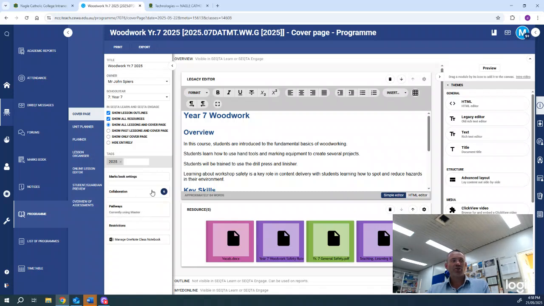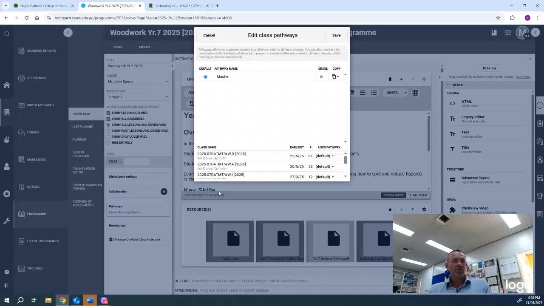If I go into the pathway setting, make sure you're on the cover page. In the pathway setting, you can see that all of these classes that we've run out at the moment are all running from the master. What that means is, if I make a change on my master program, it changes all of these different classes here. Because they're all running together, if I make a change here, it also changes that there,